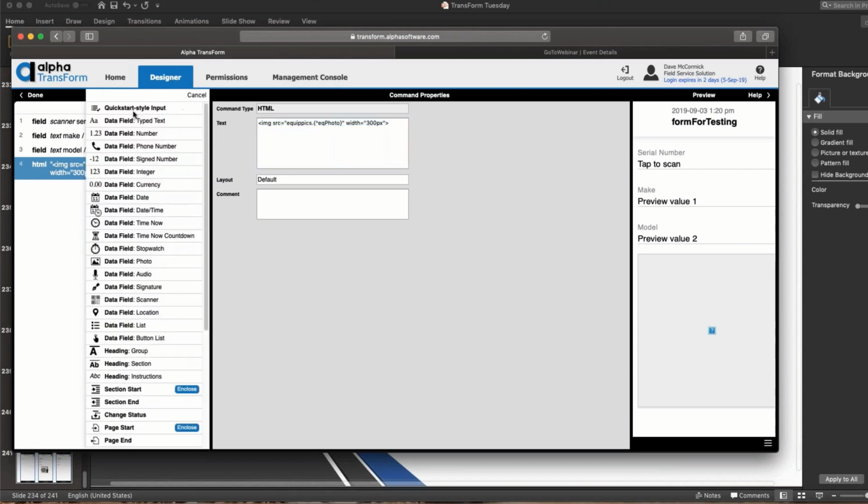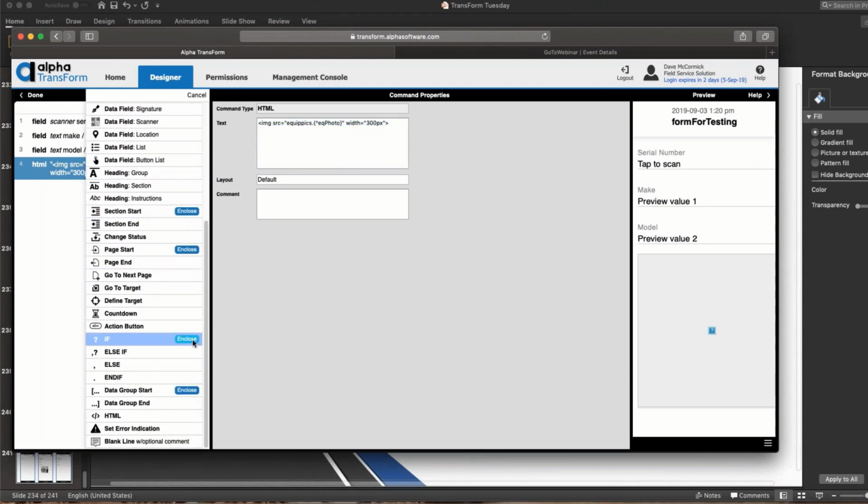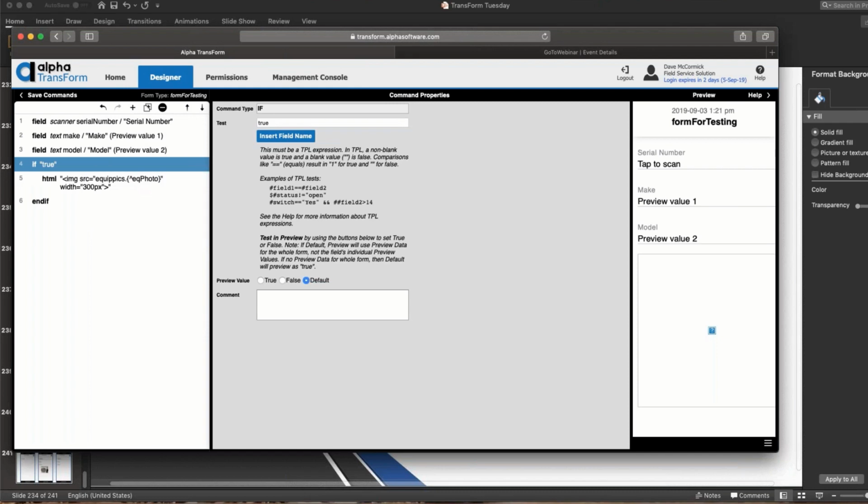So let's click on this to select it, and we're going to hit plus, and I'm going to scroll down, and I'm going to choose this if statement. So I'm going to say enclose. And then what I'm going to do here is I'm going to say if, I'm going to insert a field name, if make is not equal to not found,